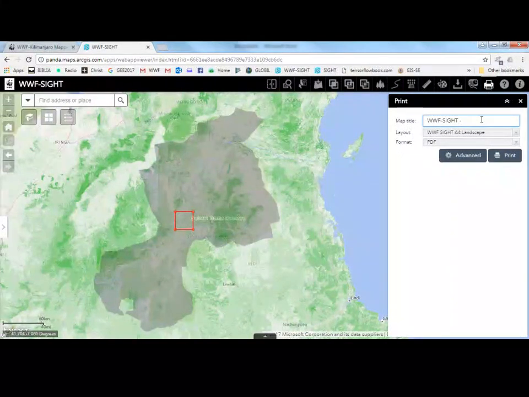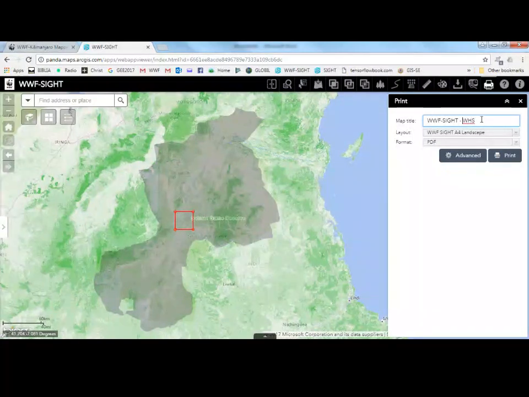The World Heritage Site. I can type the name here. Selous World Heritage Site, quarter degree grid cell.